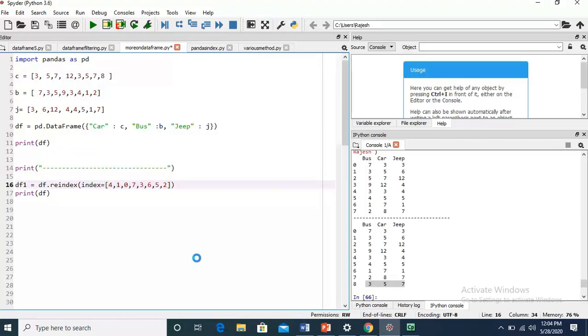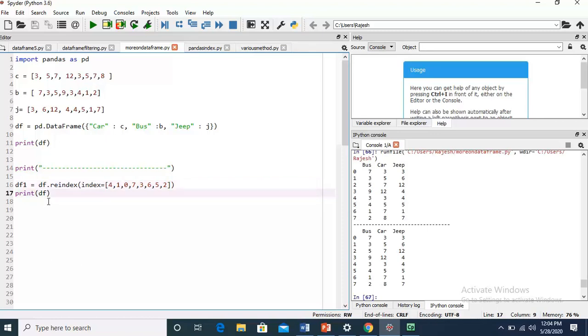Okay, F5. No, sorry, here I will write df1. Now you just see I have changed the order of the sequence. Index is changed here 0 1 2 3, but as per what the question is saying, I have changed the index as per our own requirement.